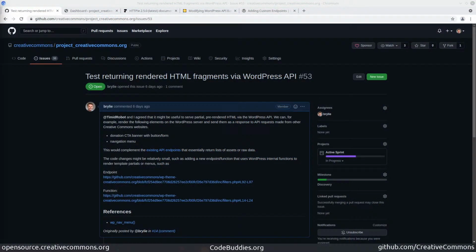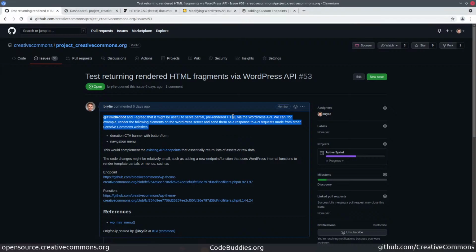Today we're working on a task to develop a REST API with WordPress. There are several existing API endpoints, and we just want to modify those first to verify they work, and then to change the output format, or at least add another endpoint that'll return some pre-rendered HTML instead of raw JSON. The idea is we want to render the HTML on the server using WordPress rather than rely on client-side JavaScript